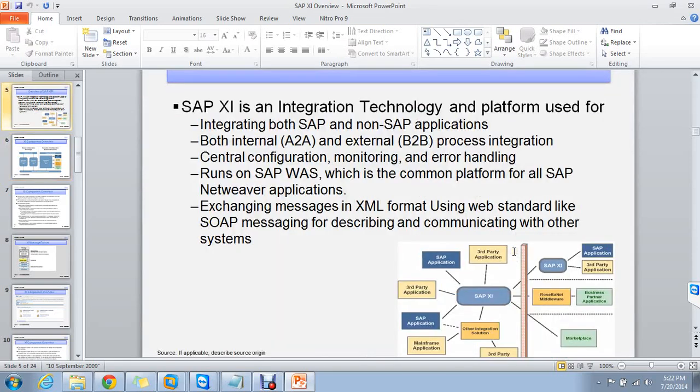Okay, if you have any firewall, either it can communicate with that application by using the SAP XI server of that particular network, or it can directly communicate by using the XI server. But they need to open the firewall for this SAP XI server to